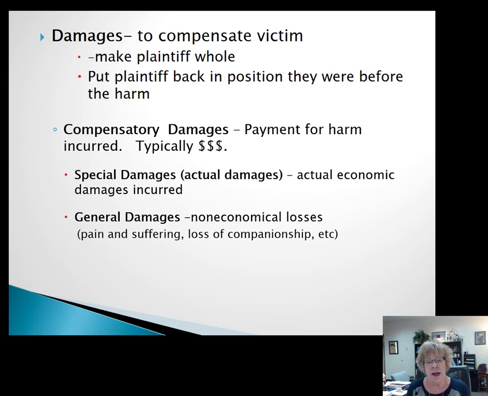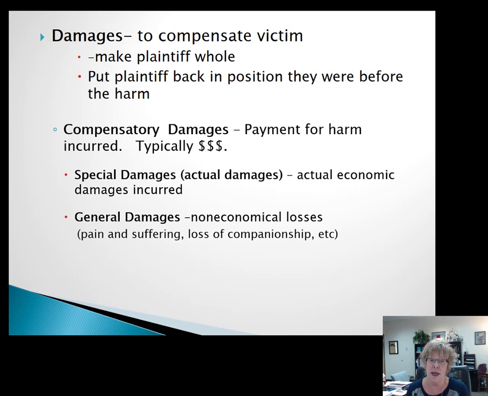But these are really your actual economic damages that you incurred, things that you can bring a receipt for, that you had to pay for the repair of your car, that you had to go buy something new to replace this, or the days that you missed from work. You can actually show evidence of these specific economic losses. So that's going to make up part of the compensatory damages,